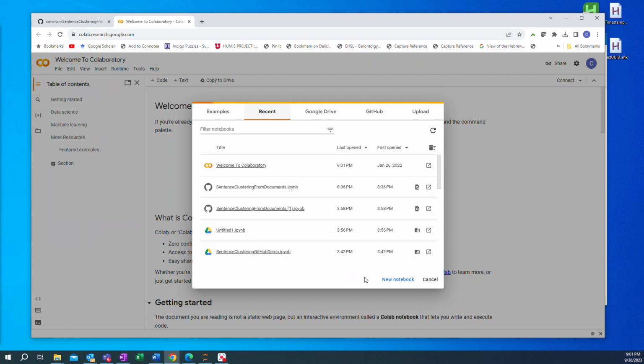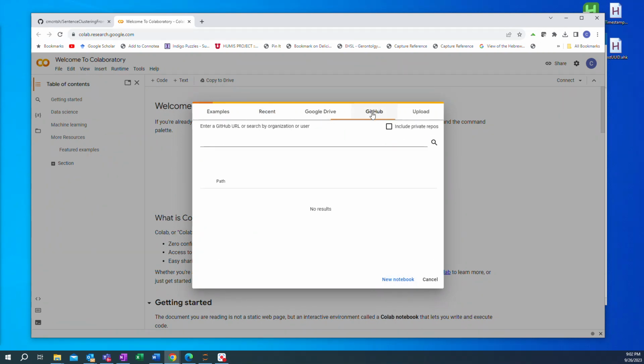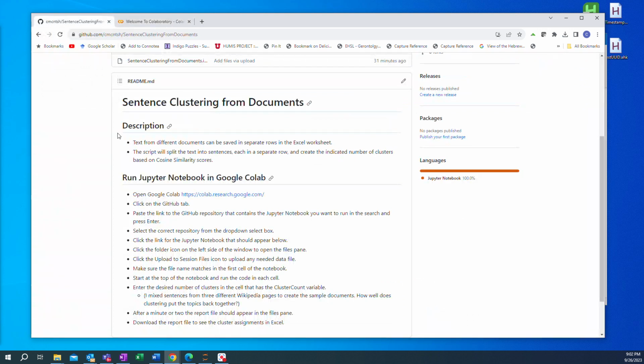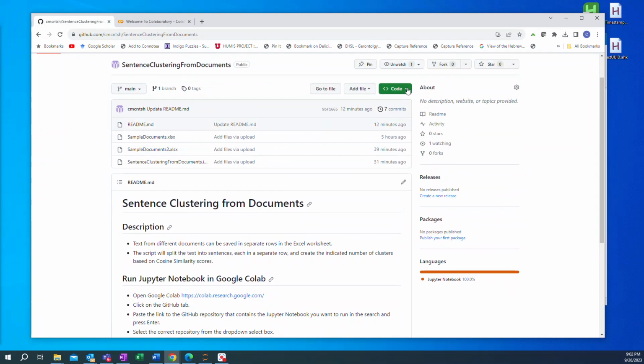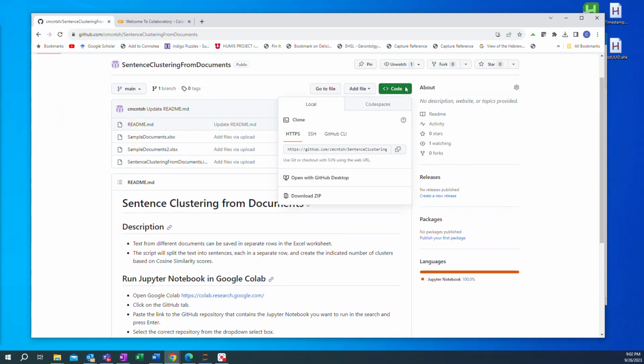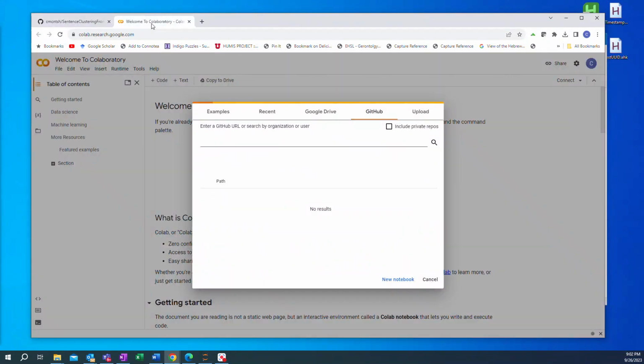And you'll notice that when I come to this address there is a GitHub tab right here. So you're going to click on that, and then you're going to go back to your repository and click on the repository link down here, and back in Google Colab on the search line you're going to paste that link in and hit enter,